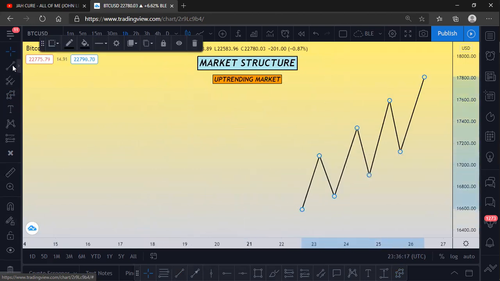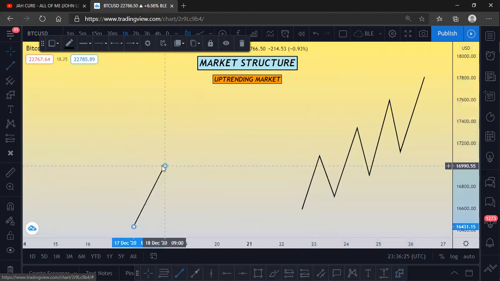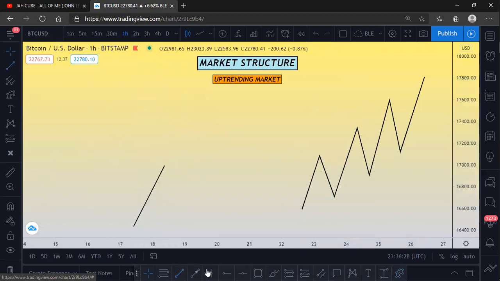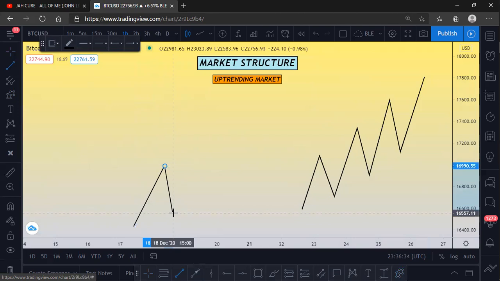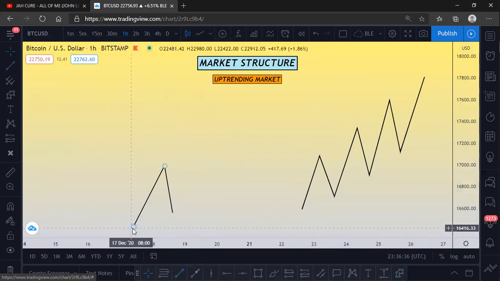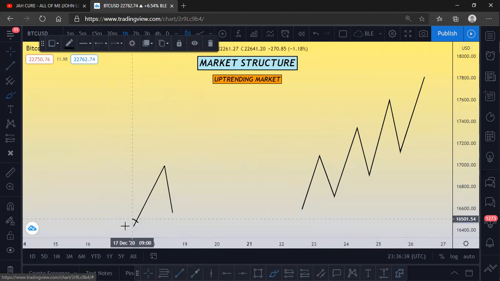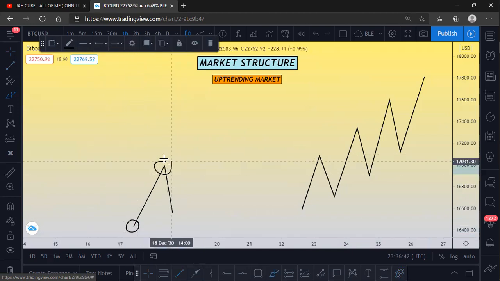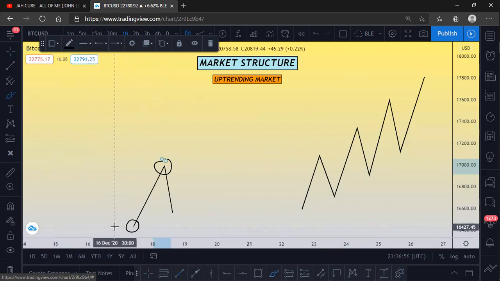So now you open your chart, and the first thing you see is price just did something like this. And then you wait, and you see that price starts pulling back, and then price comes like this. But the information you had first was we had the low here, and we had a high here, right? So now we don't know if the market is uptrending or downtrending. One of the confirmations you want to see to know that the market is uptrending is, number one, the market should not go below this low here.